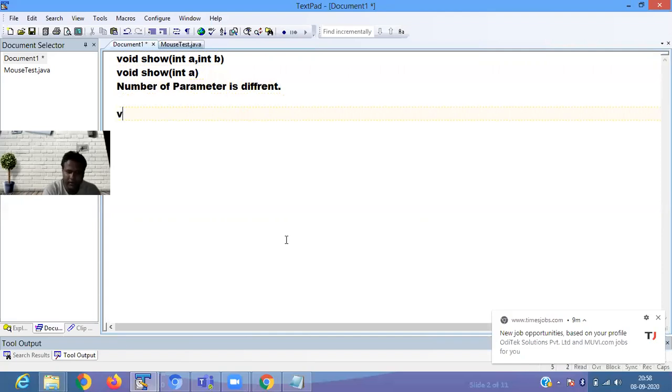Next, void show(int a) and void show(char b). So here the type of parameter is different.